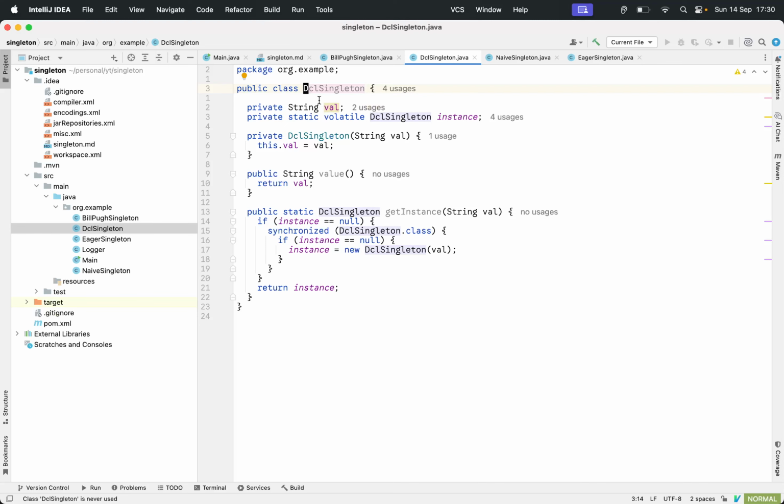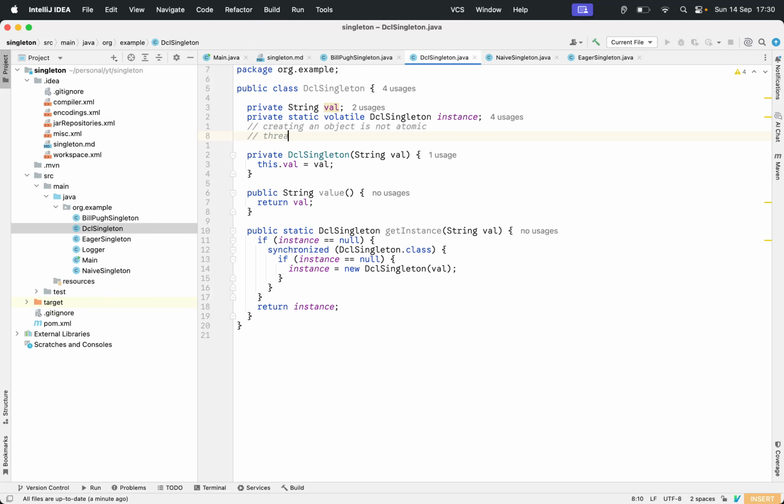So I do have this screenshot of how volatile works. Basically, why volatile is because creating an object is not atomic. There are multiple stages.